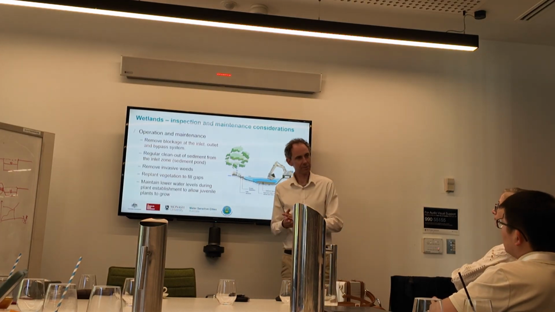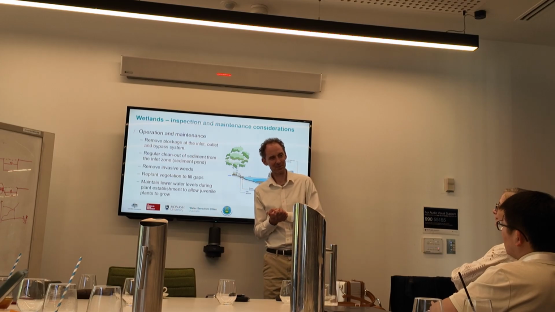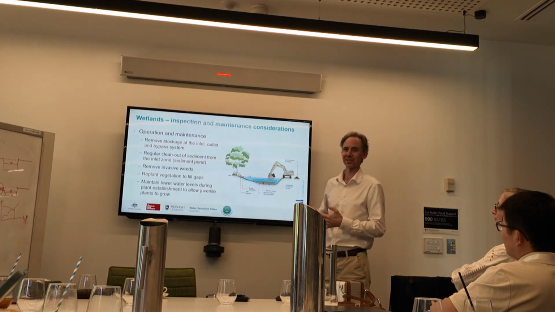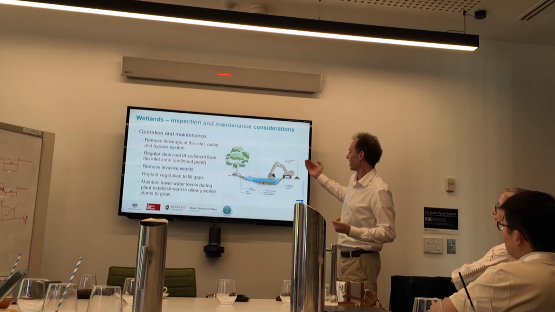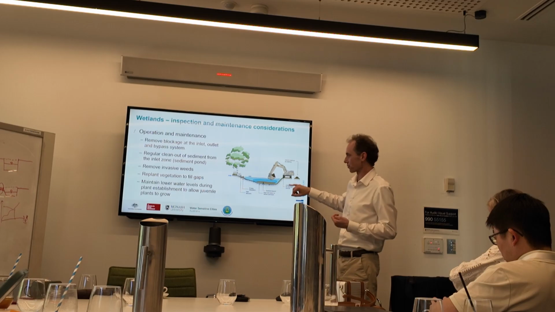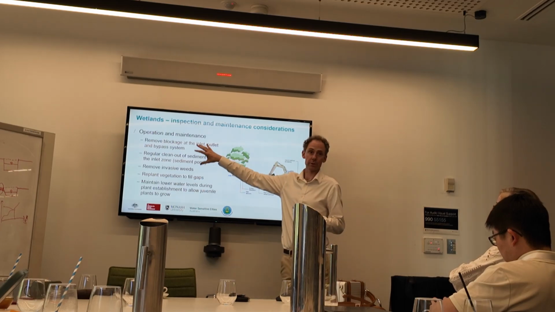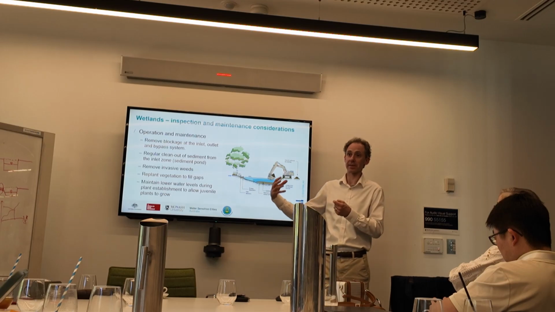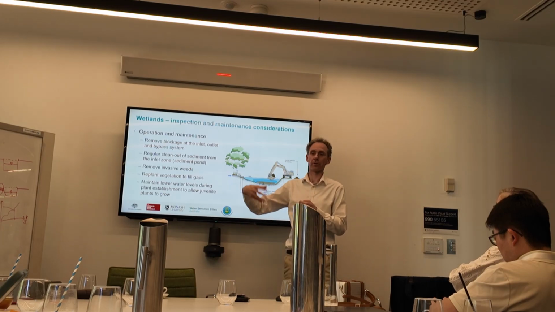So I think we covered this because we talked about operational maintenance before. Let me see what I missed and we'll recap on a couple of key points. So the main things you'll do is you'll clean out the sediment at the front end, but also remove any blockages at the inlet and outlet. And it's really important to make sure that the outlet in particular is not blocked and it's working well,